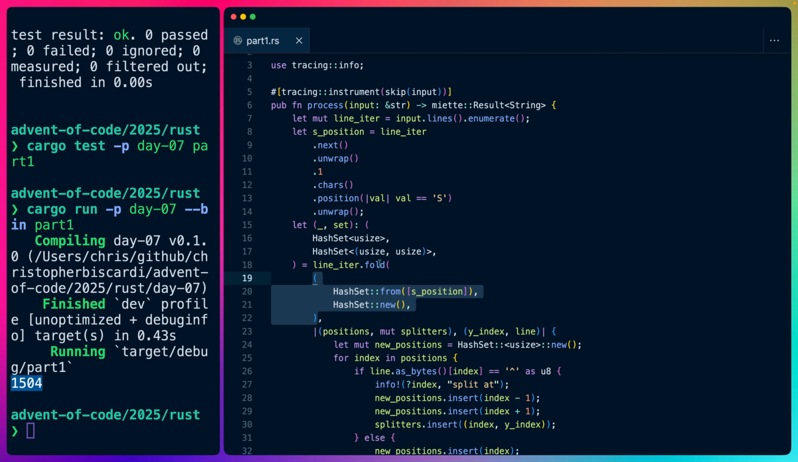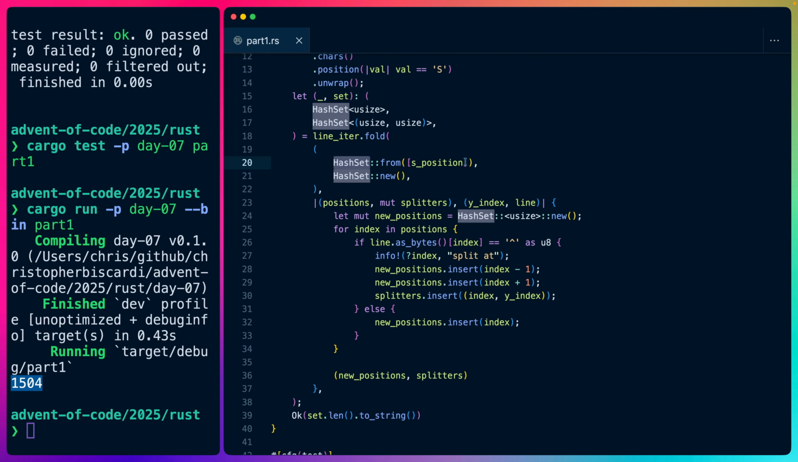We start off our fold for all of the rest of the lines with that S position. Remember, we enumerated when we called lines, so we have the index for everything moving forward. That is the correct index on the y-axis. We have our hash set of positions and our hash set of splitters. We fold over this, which gives us a line each time it iterates, as well as the y-index because we